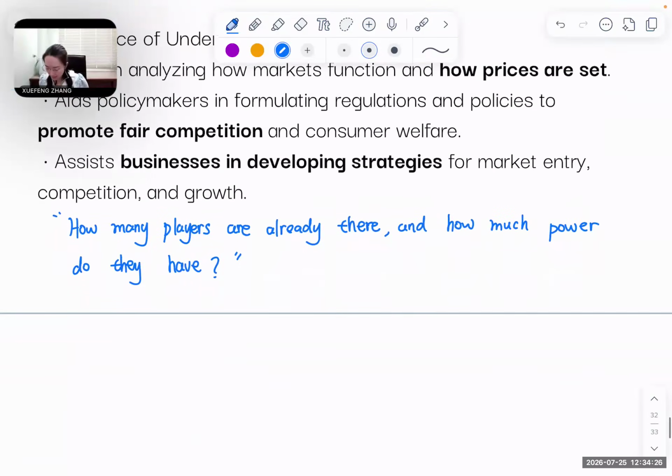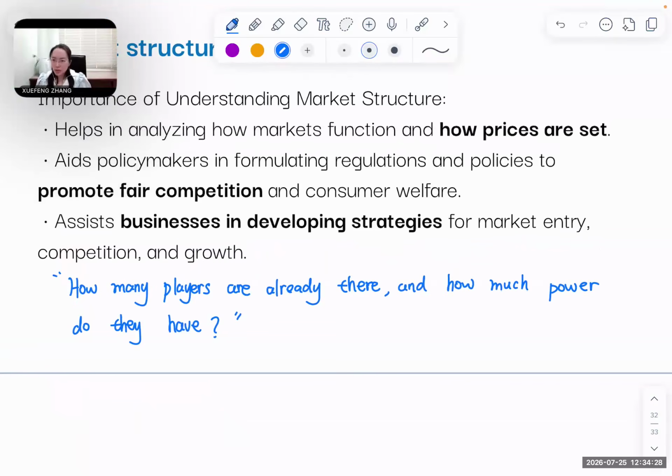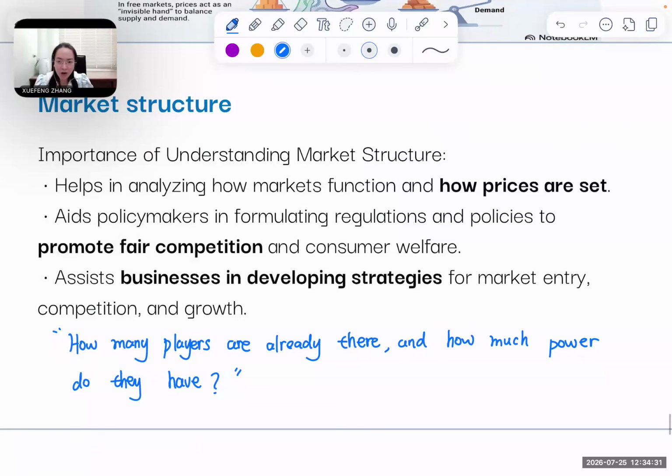All right, that's the end of chapter 4. You know now how a market actually finds its price: equilibrium, shortage, surplus, price ceilings and floors, and the 4 market structures. This is the toolkit we'll use to read any market for the rest of this course.